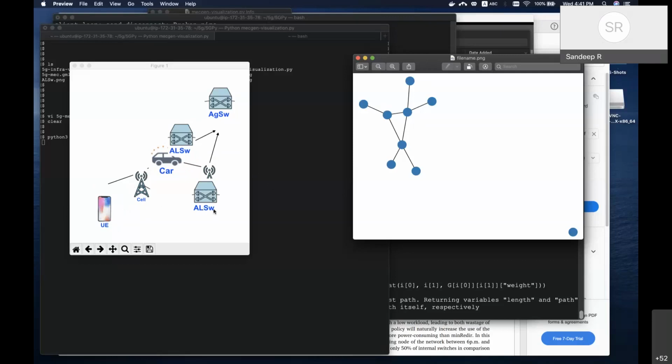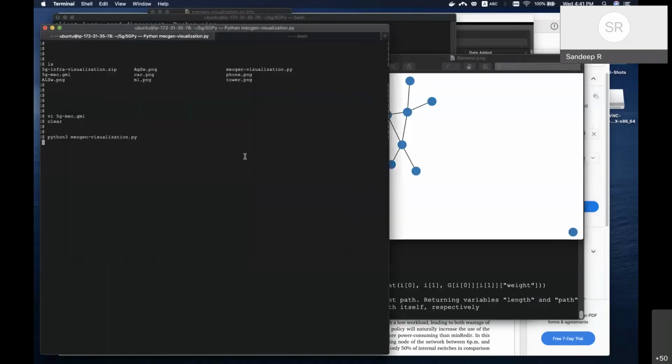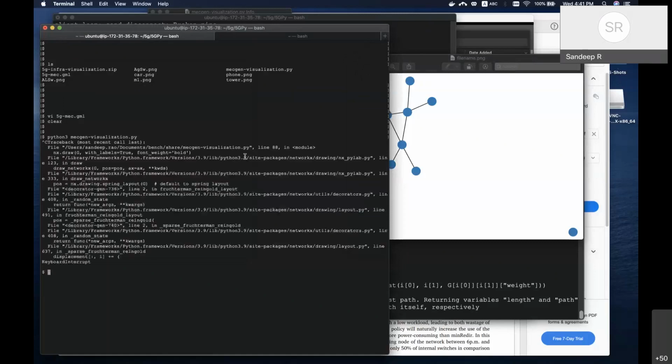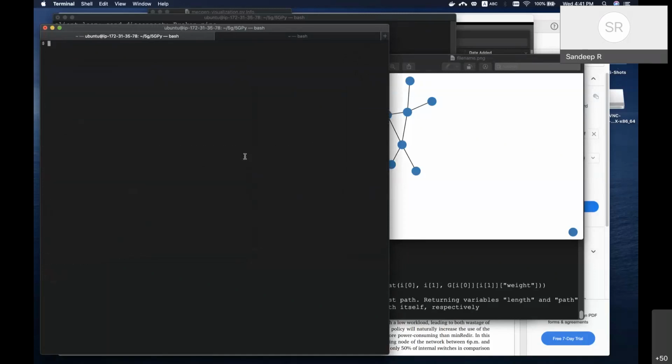This is the access layer switch, the RAN switch, or the BBU, if you can call it that, and the two BBUs connect to a third BBU, right? So this is what I think we did as part of another simulation. I think it went well. This was done by students here in BMS.